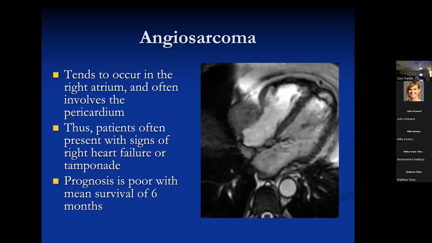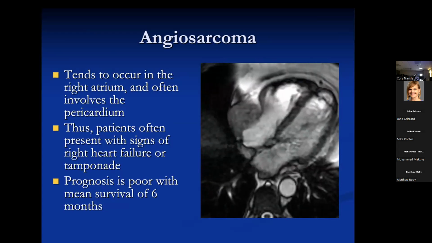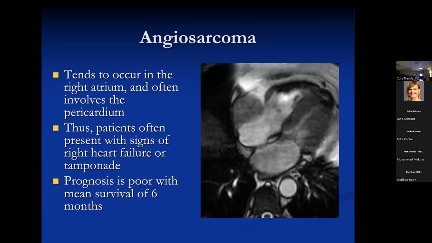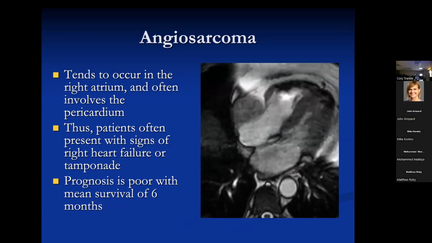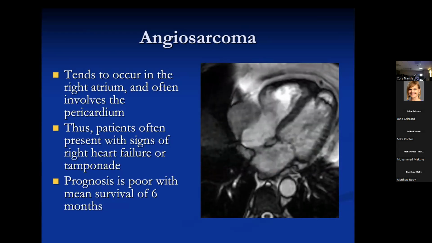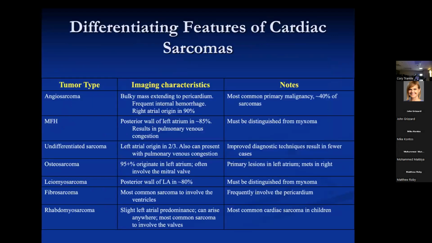And they say in the literature the prognosis is poor with a survival of 6 months, but we have cases of people, we have 2 people we're following that are almost 5 years out. It's crazy. They are far outliers, but they had good surgery, I think, at the beginning, may have been the saving grace. Here you see cases with pulmonary mets in this patient with the right atrial tumor. They can be bright on T1 because of areas of internal hemorrhage.